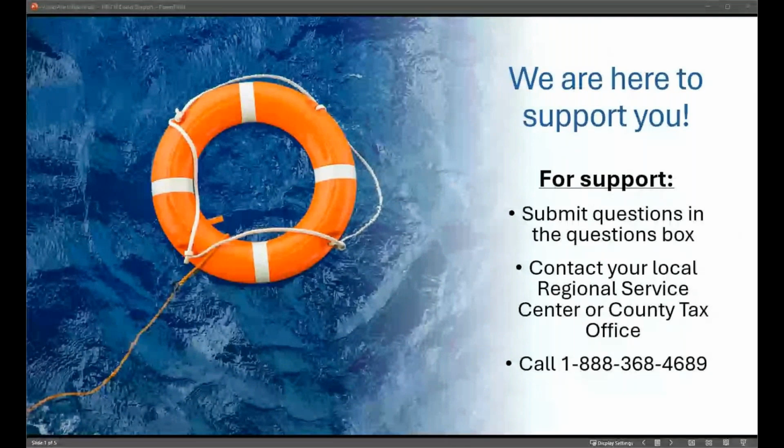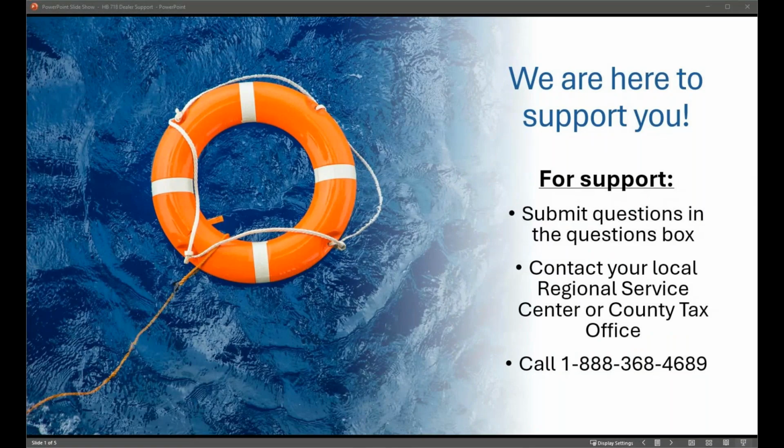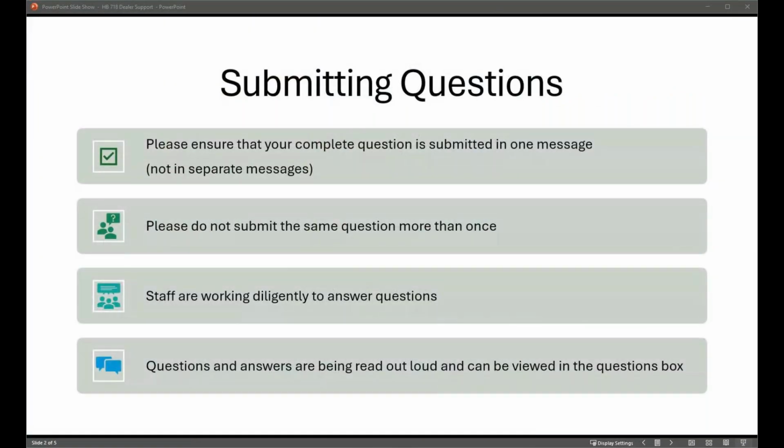The IMS access through Web Dealer handout is available in the Downloads tab or the Materials tab, and that will help walk you through the process of how to transfer inventory.